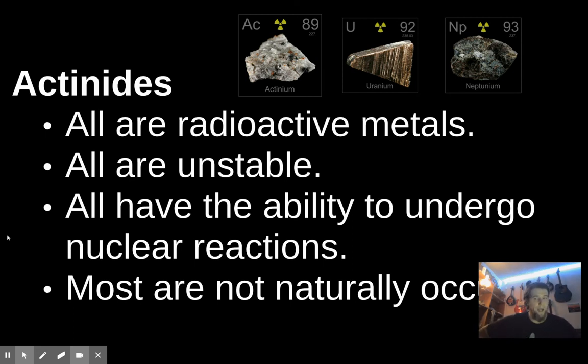Some of them do it at a regular time interval, which is how we can do some age dating. So like with rocks, you can use rubidium and strontium, or you can use thorium and how it decays to determine how old the rock is. Once again, most are not naturally occurring, especially after uranium. Uranium is kind of the cutoff point for how big a nucleus can get before it becomes way too unstable and then starts to break down in these reactions. But a very interesting chemical group nonetheless.